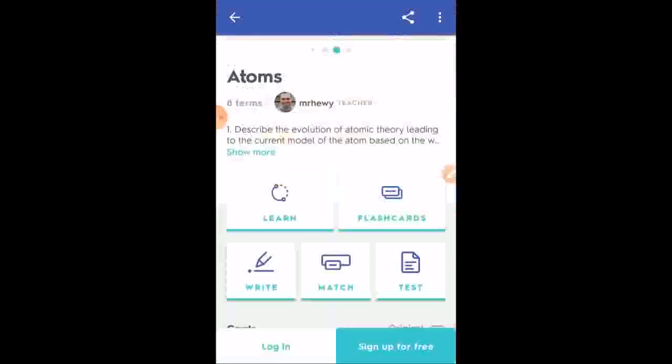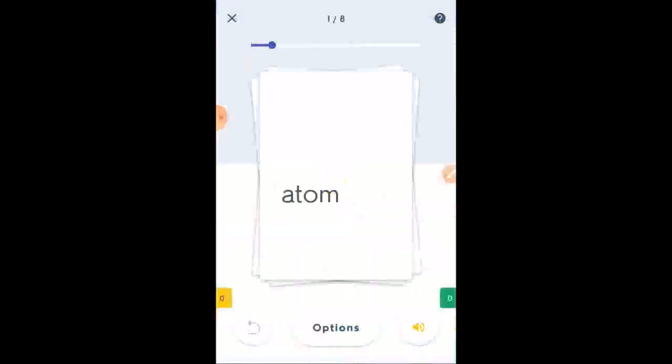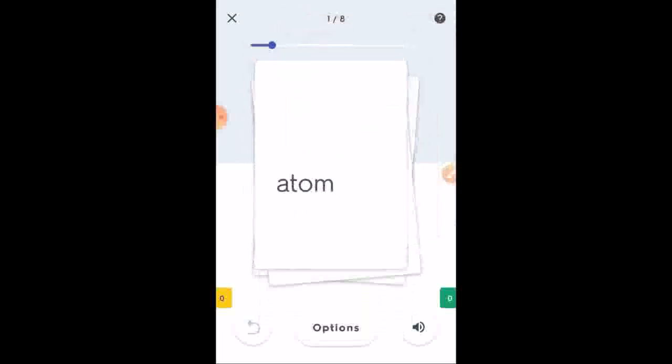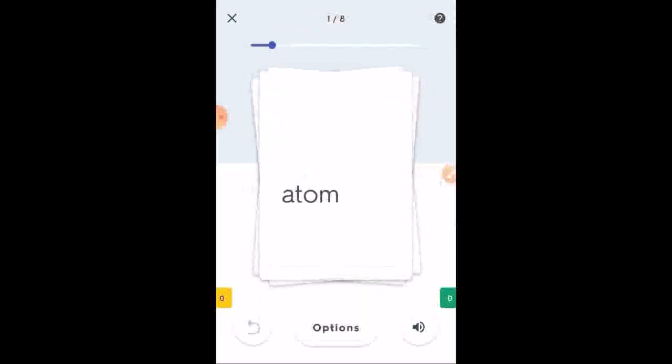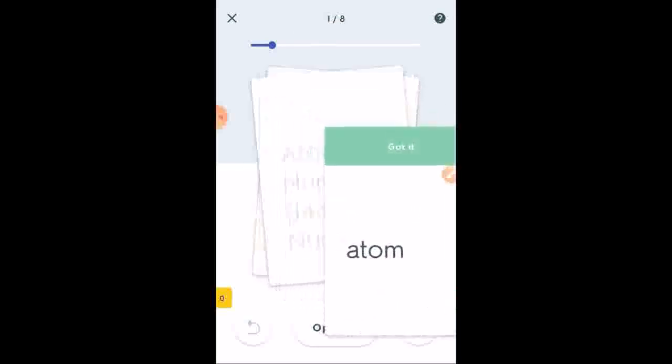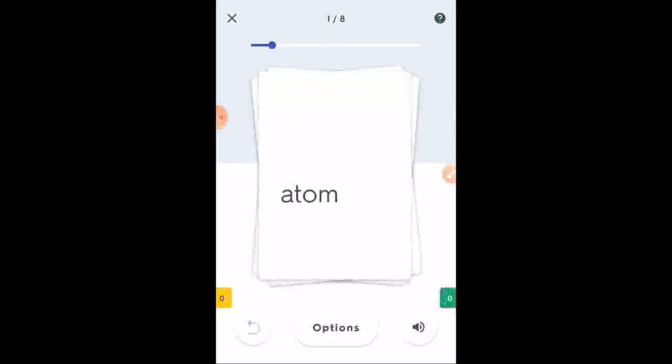Now I am going to the second one, flashcards. Atom. So in this flashcards, you will get all the 8 terms like a card. Now the beautiful thing is, if you know the thing, then you scroll it to the right side.